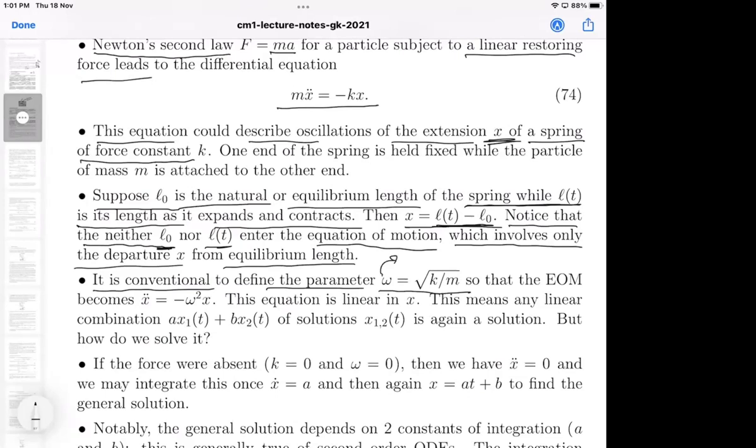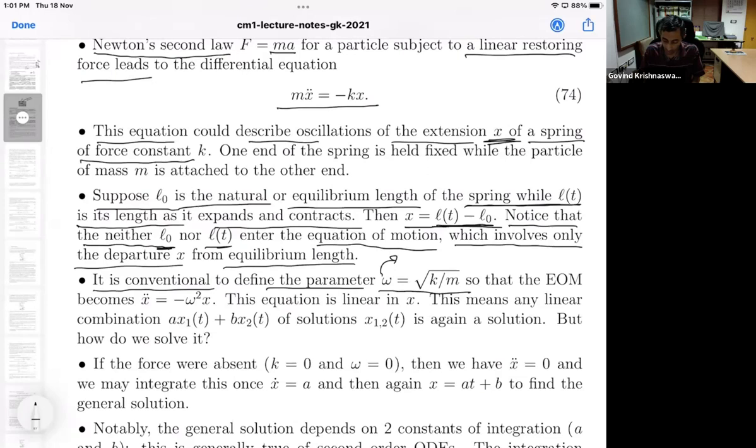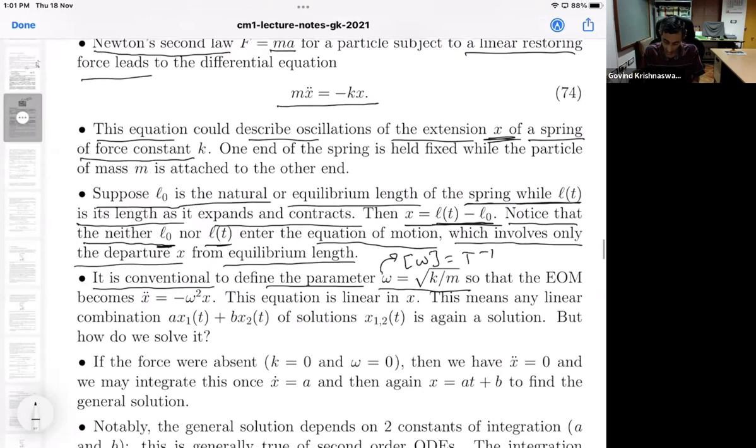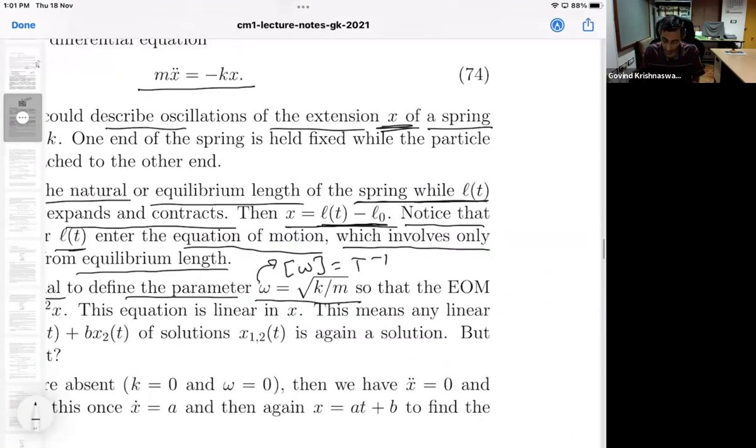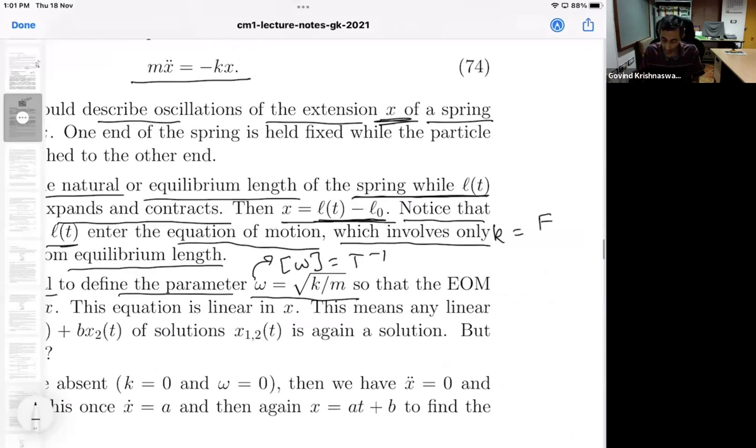Time inverse. That's right. The dimension of omega is an inverse time. That is easy enough to see. Recall that k had dimensions of force per unit length, and m is of course mass. And therefore, k upon m will have the dimensions of mass times acceleration for force, mass times acceleration, L T to the minus 2, upon length,